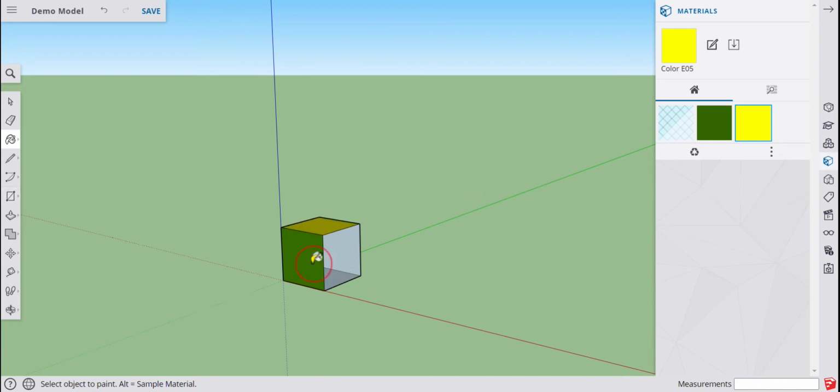If I got rid of all of my green and I wanted to see what was currently in use in my model, I would again mash the recycle bin and it would remove that green color from my palette. So that is a quick overview of the Paint Bucket tool. You can also use modifier keys